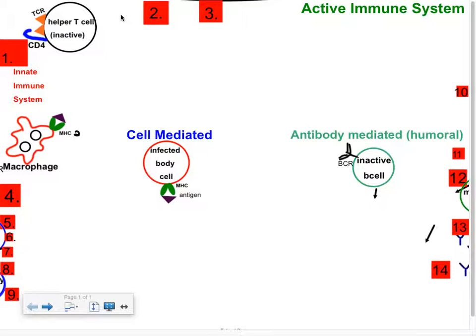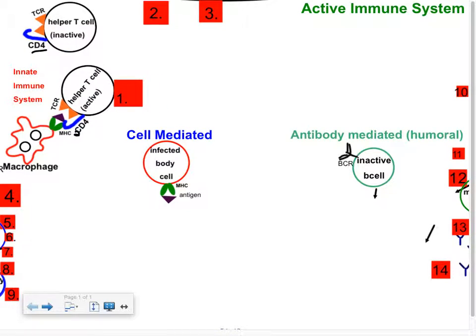Notice how this is a helper T cell and it's inactive. Helper T cell, another name for it is a CD4 cell because that little blue candy cane looking thing is the CD4 protein on the surface. This other cell surface protein it has is a T cell receptor. Okay? So the first step